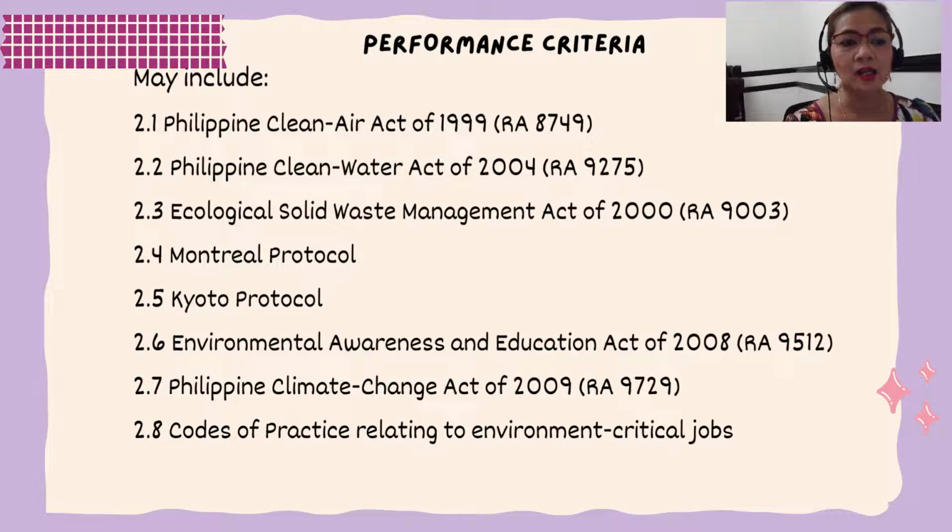The legislation, codes, and national standards may include the following. 2.1, we have the Philippine Clean Air Act of 1999, RA 8749. 2.2, we have the Philippine Clean Water Act of 2004, Republic Act 9275. 2.3, we have the Ecological Solid Waste Management Act of 2000, Republic Act